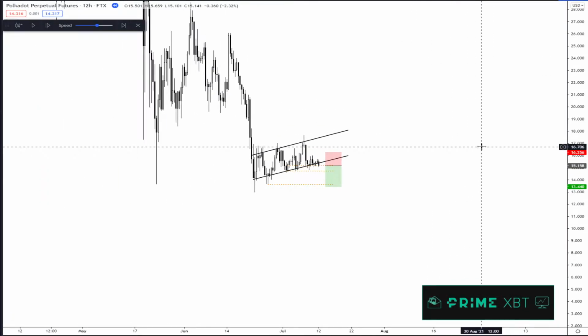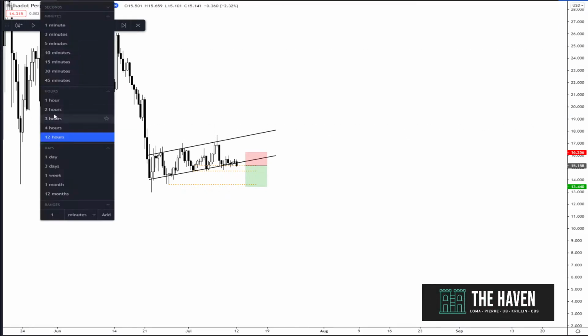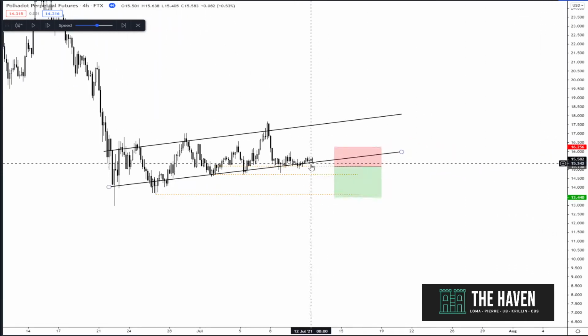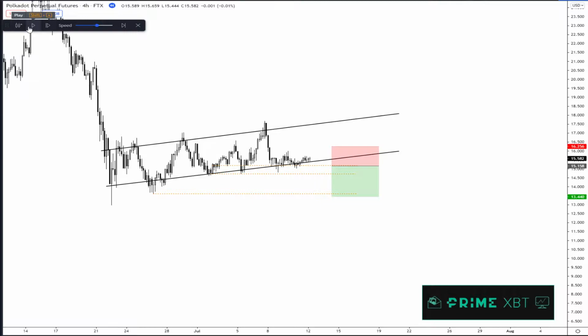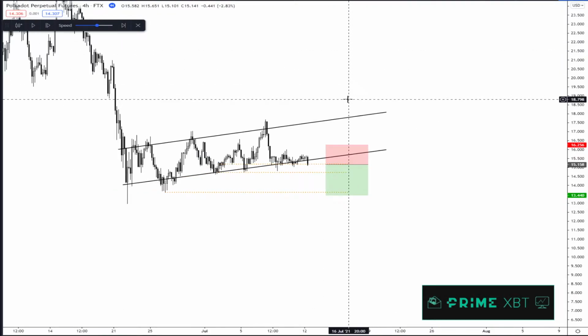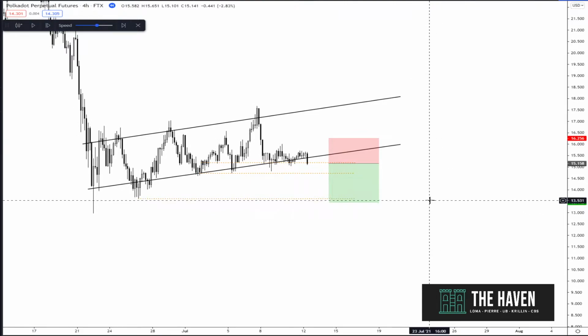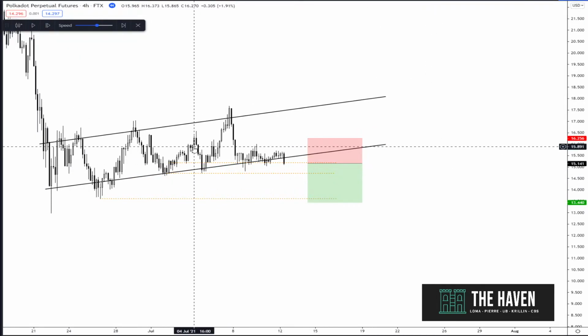Okay, clear channel. So what I started to see on the 12-hour, or maybe it was the 4-hour, either way, is we start to break down from the channel, right? The diagonal support. So because we're breaking down, now immediately I'm looking for a short position. Okay, so there. We break the diagonal, and now we are at a very key support and resistance flip within